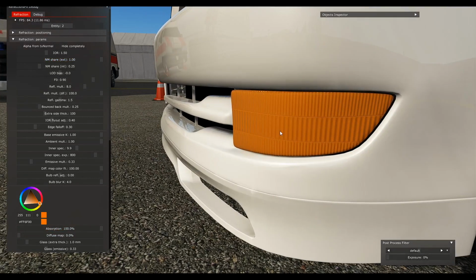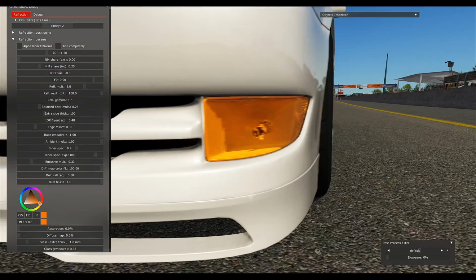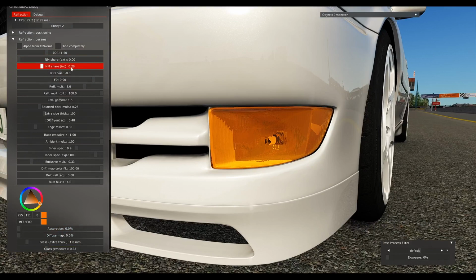I don't know what that would ever be used for, because if you go to a light on a car, it's not bumps on the outside. Well, generally speaking, it isn't, unless it's, I don't know, like a Hyundai or something. So I generally like to keep that at 0, because if you go to a headlight, it's smooth on the outside. Only on the inside is it all bumpy and whatnot, which is what we use the anim share INT, interior,